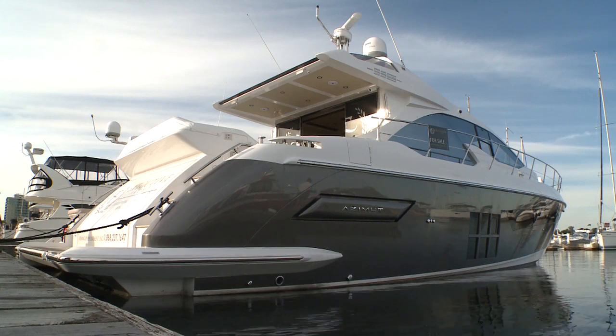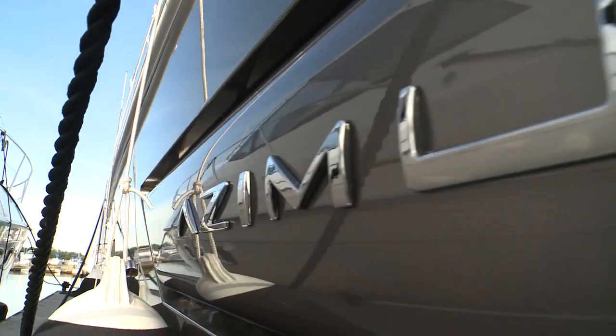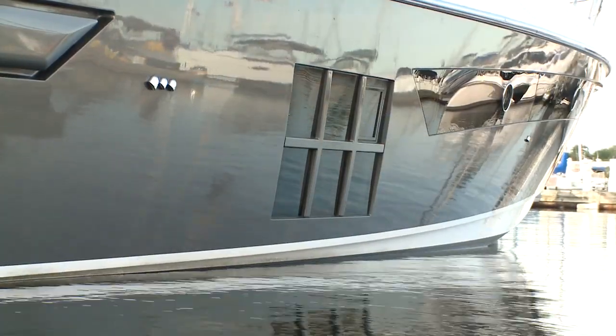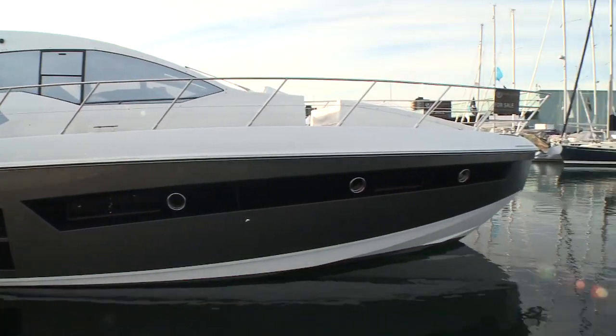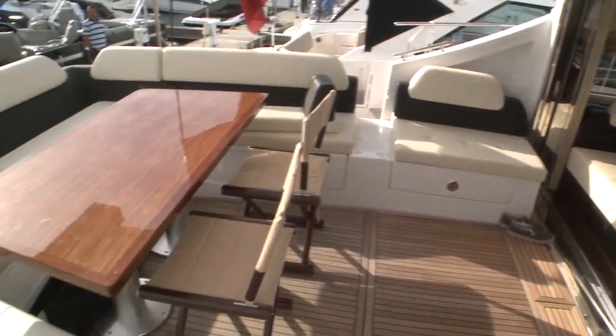The exterior design is striking and clearly has a modern European flair. It has sweeping lines, the checkerboard midship windows just above the waterline, and the distinctive bow with a flat nose section. The aft cockpit is wide open, with L-shaped bench seating around a stunning wood table, and, on the starboard